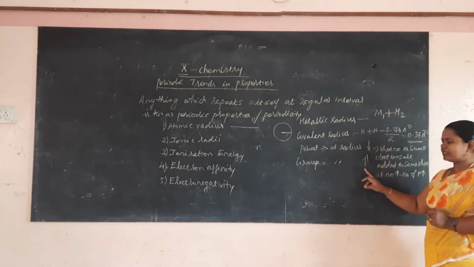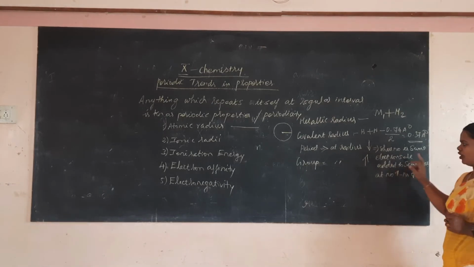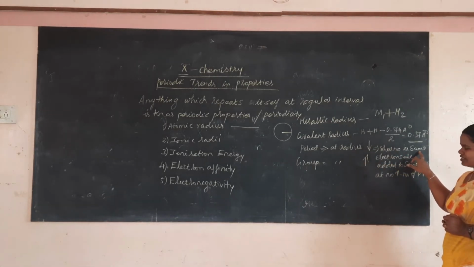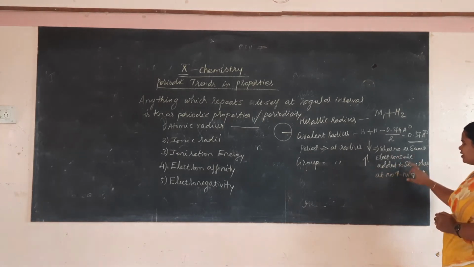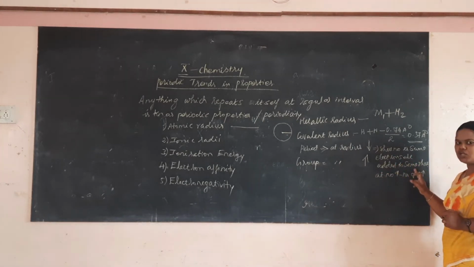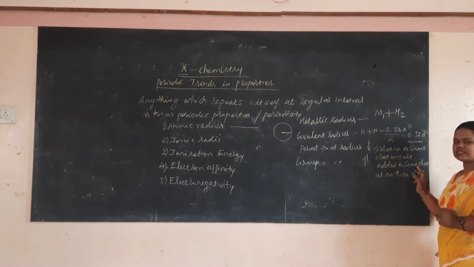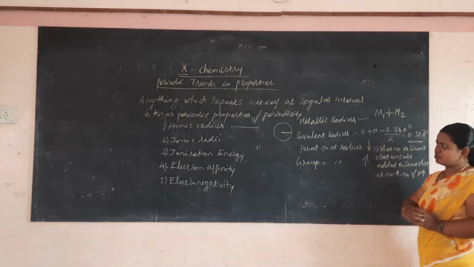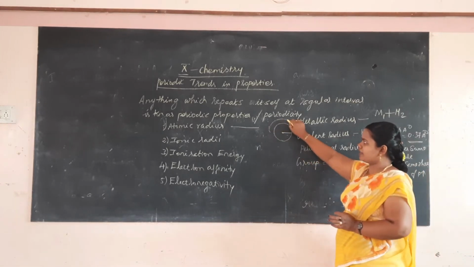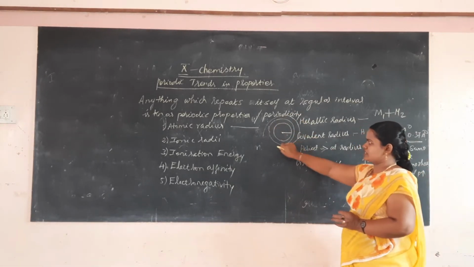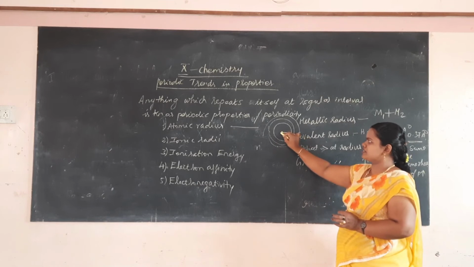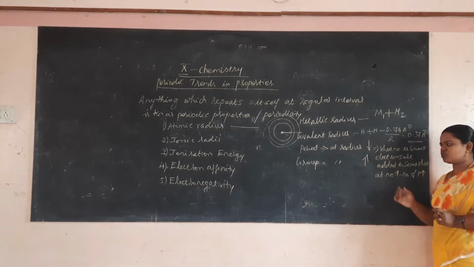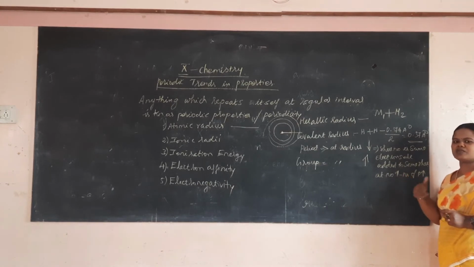In group, the atomic radius increases. So what do you write? In the group, the shell number is not the same, it increases. And in the group, the electrons are added to a new shell, not the same shell. So since the number of shells increases, what happens? The distance between the nucleus and the outermost shell increases. And actually what will happen? The atomic radius will increase.